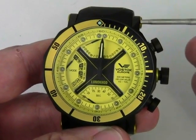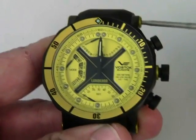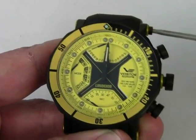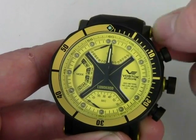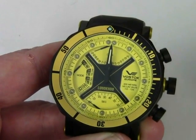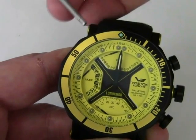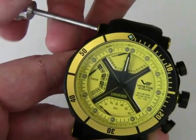You're going to unscrew both sides of the strap with this custom screwdriver that will come with it. And 2 screw heads will come out. Now you want to make sure you're in a place where you're not going to lose these little screw heads, because if you do, you're not going to be able to replace the strap. Those are critical to the strap being properly put on the watch. You're going to do both sides,